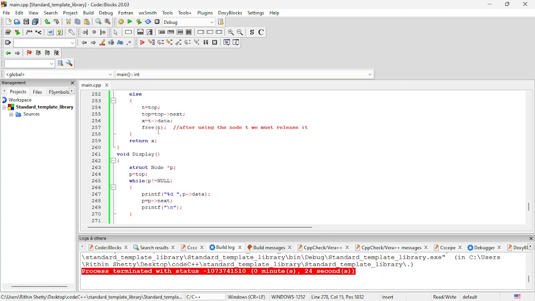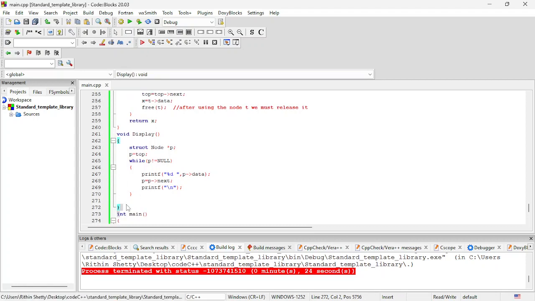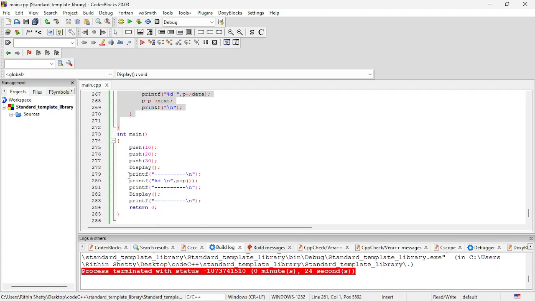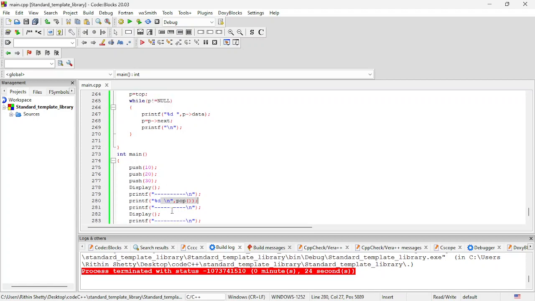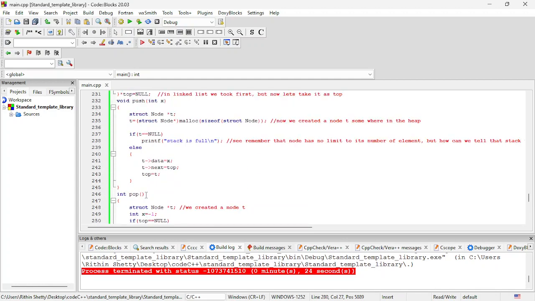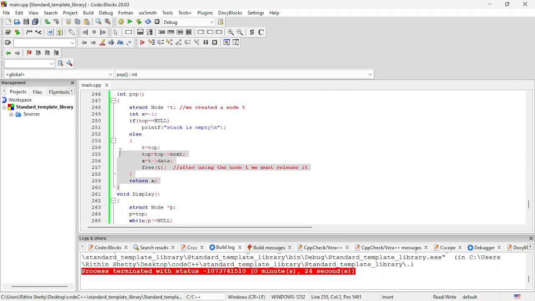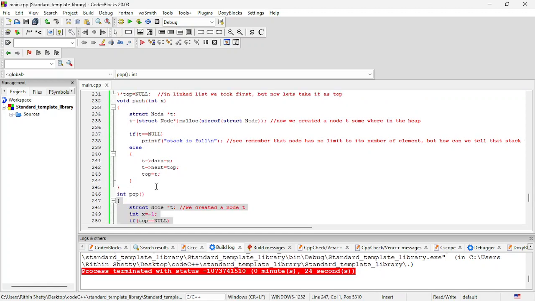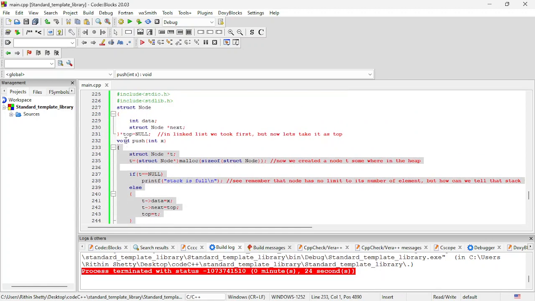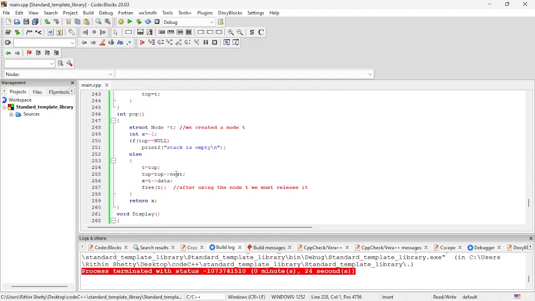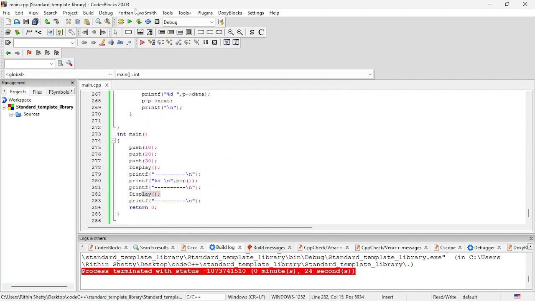So let me run this. Before that, this display will display all the elements in the stack. After that, I'm printing some lines here. After that, I need to pop and give the element which I have popped, right? For that, I am running this function, pop, which is this big, and this is push. This is push actually. And this is a structure. So don't worry about this. After that, I am displaying again. So if I run,